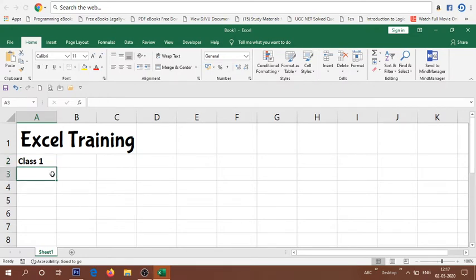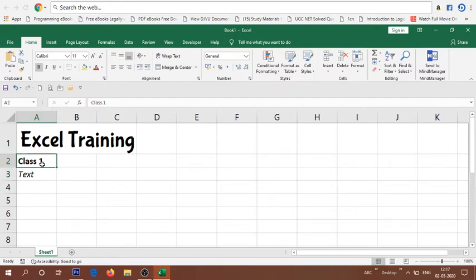And then italics. What is italics? Suppose I want to write some content, let me type text. Right now it is very straight. If I click this I button, the text will slant a little bit towards the right side. So this is slanting. We call it italics. If you want to highlight some text in the content, you can select that text and then press this I button.